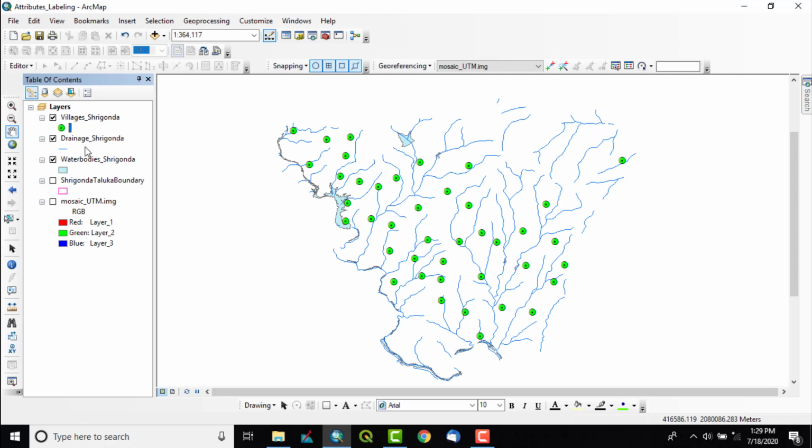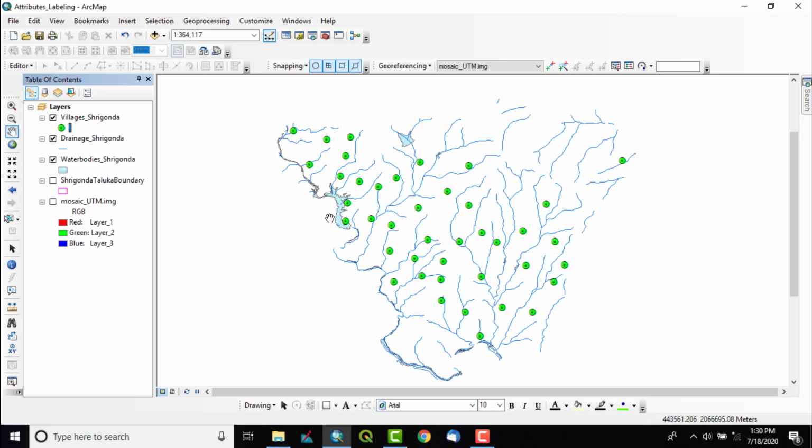Next, suppose drainage or river system or drainage network. So drainage network may contain name of the rivers, then length of the river and so on, or what dam have been built on which river. So those can be the attributes for the drainage network feature class or feature shapefile. Then next is polygons. So water bodies.